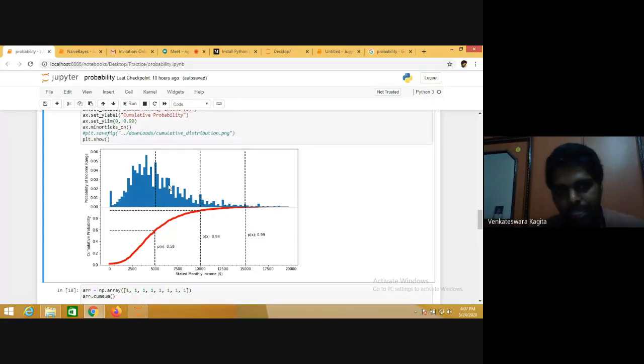Not just two, you can draw any number of subplots, but this is an example of two figures with two rows. In the first row we have the histogram, and in the second row we have the cumulative probability distribution. So how do we do that? You know how to do the histogram, you have already seen that. We will see how to do this cumulative probability distribution.